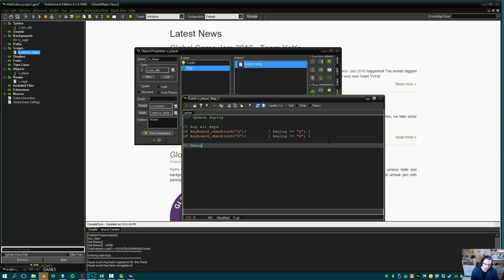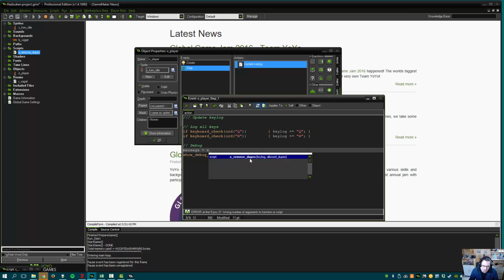Debug line, and we're going to remove this later on, but we're going to write Show Debug Message. This function basically puts whatever you put between the parentheses in the compile window. So we're going to put in here, and I'm going to make a separate variable for that. So string, no, we can't call it string, message, yeah. And our message is going to be